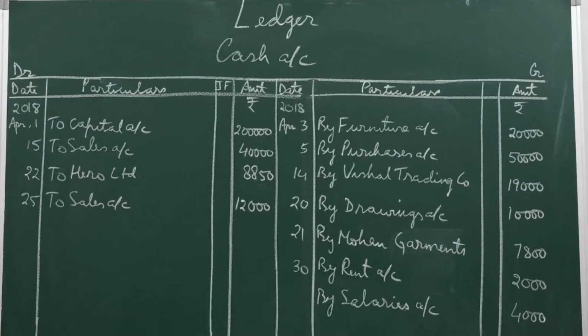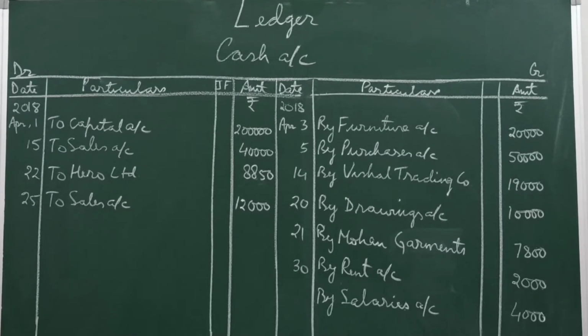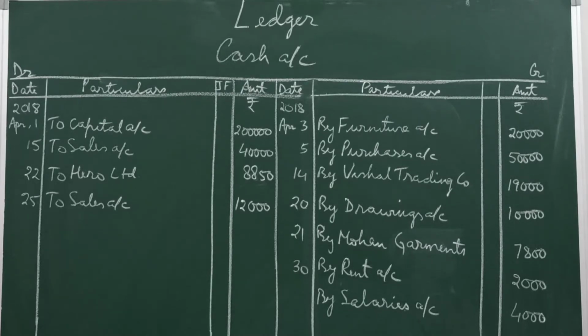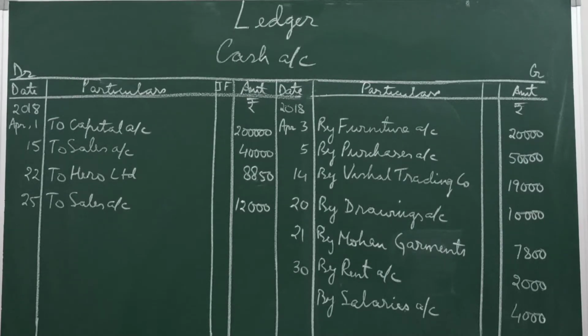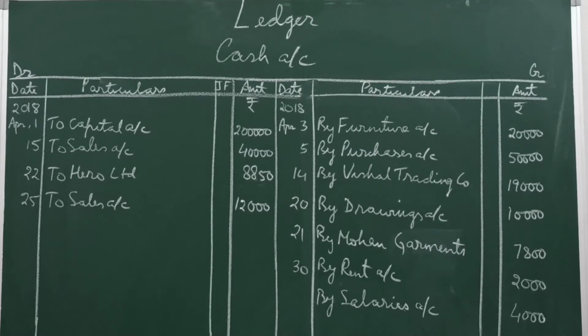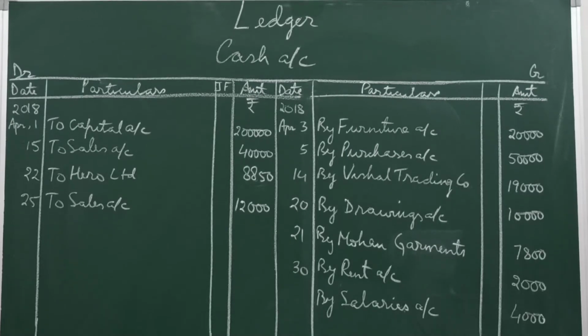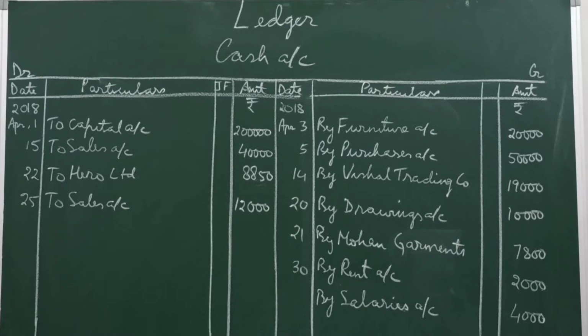I wish to discuss with you how you are going to prepare ledger accounts in illustration number 1 on page 9.5, 9.6, and then you will see how I have done the posting of cash account given on page 9.7. So open your book to page 9.5. You may go through the transactions and then you can see on page 9.6 they have passed the journal entries.